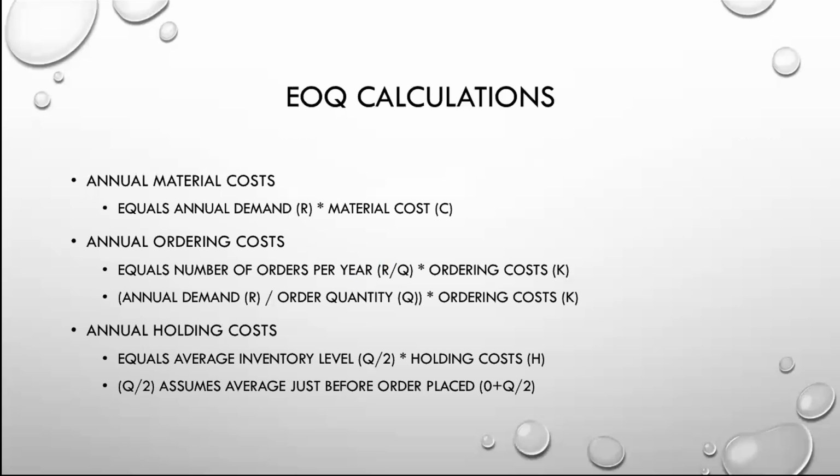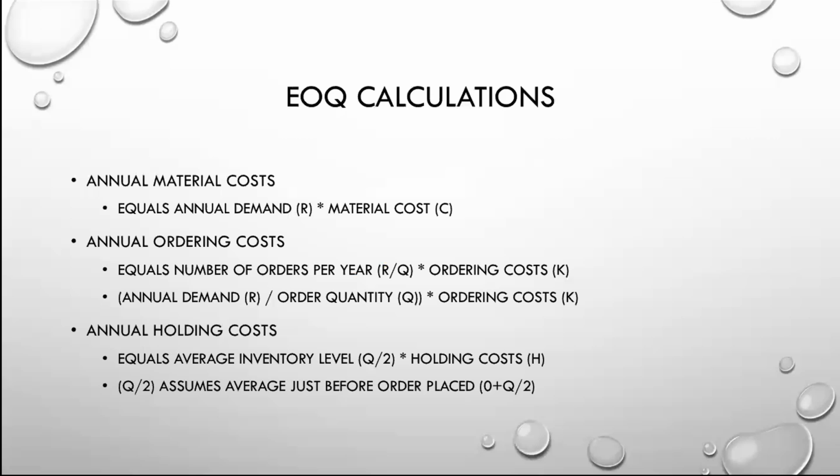So these are the costs associated with each order. This doesn't include the material cost. It's costs associated with ordering the product. So if it costs you $100 to order the products, then in this scenario, you have 10 times your order times the $100 that you pay for ordering the stuff. So it's $1,000. You probably get the idea.